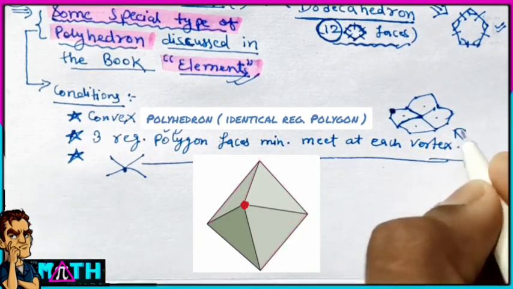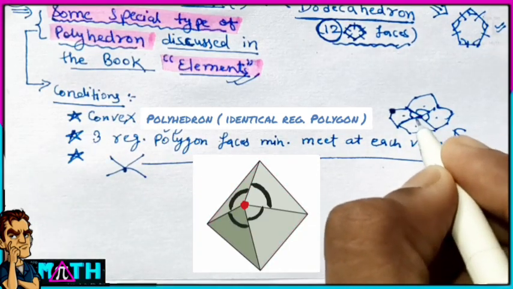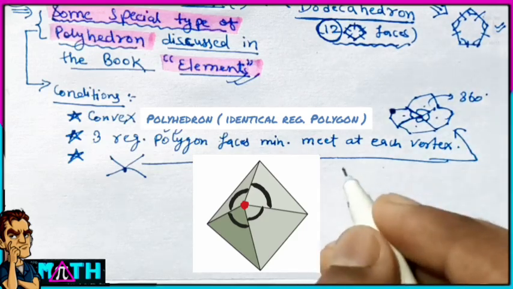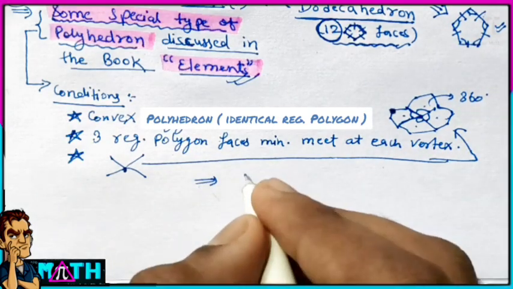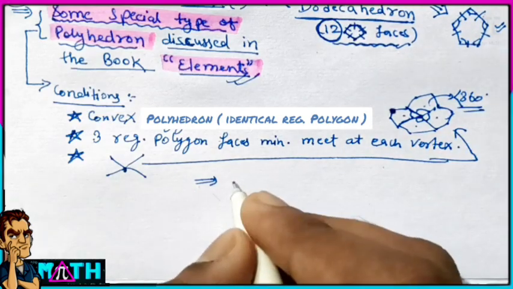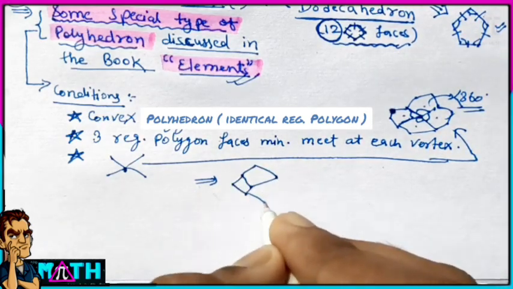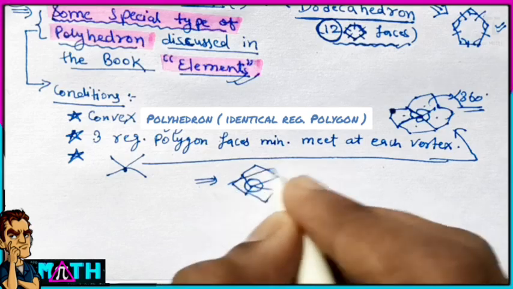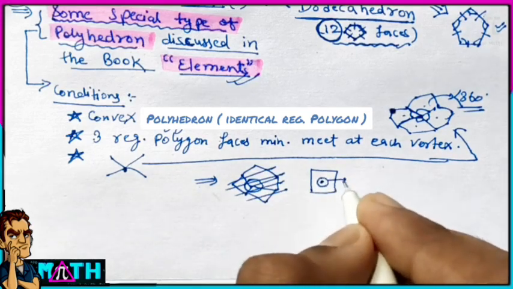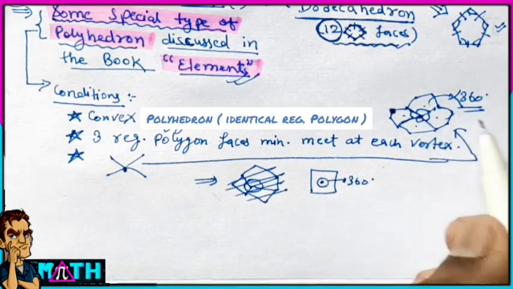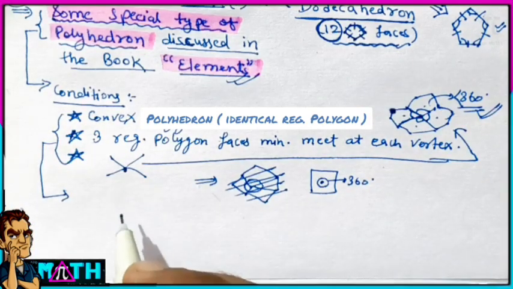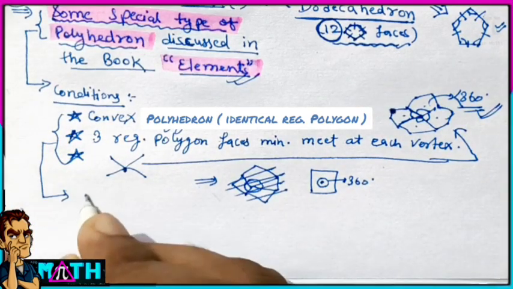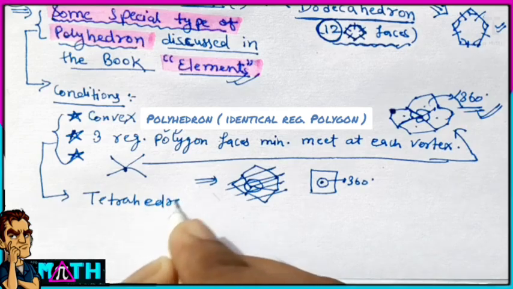Now the other condition I am explaining here is that the sum of all the angles at the vertex is less than 360 degrees. First of all, let me write this is less than. Now what happens at 360 degrees? When it is 360 degrees, it will be a plane, not a 3D structure. It will be a plane figure. And when a polyhedron satisfies these conditions, then that polyhedron becomes a Platonic solid.